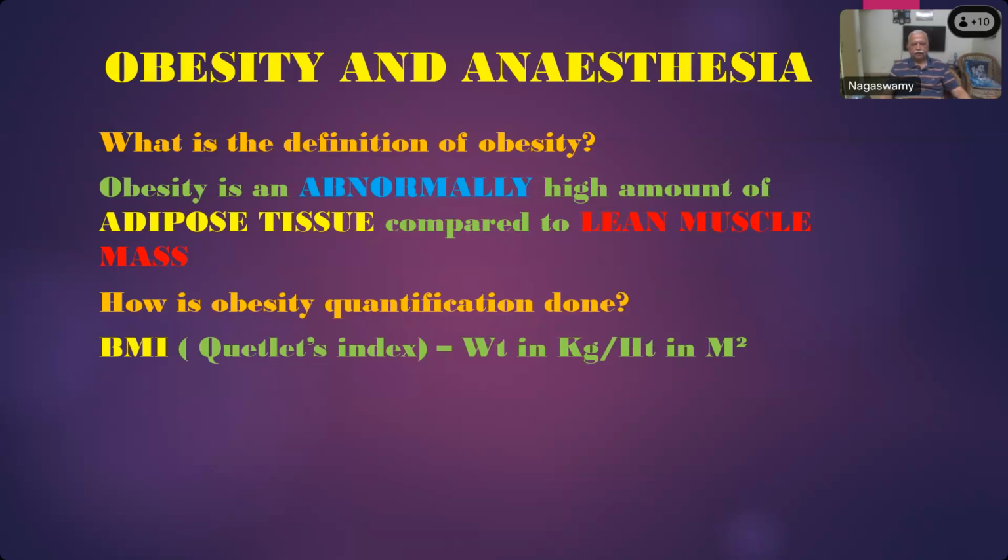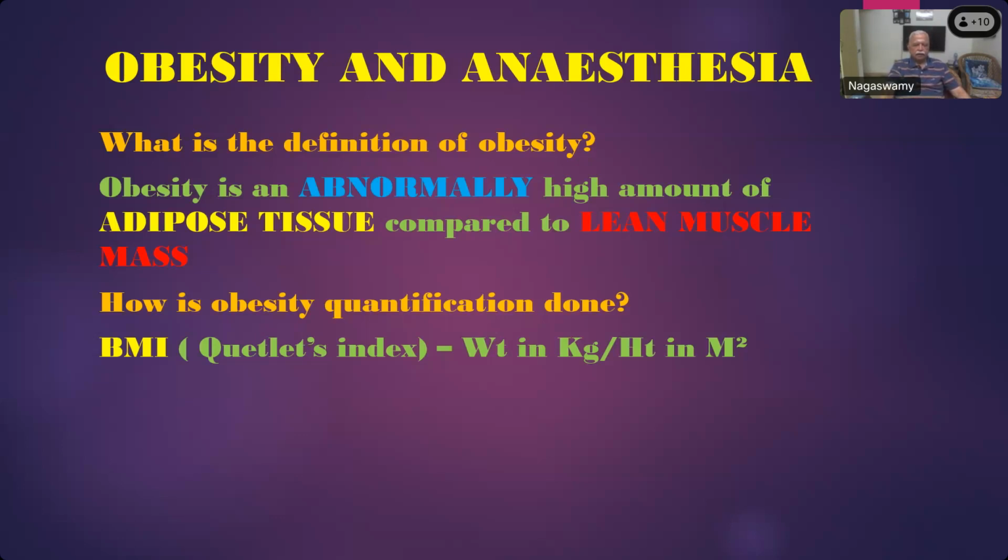Because in Western countries, obesity was very prevalent and people used to die very suddenly. So this man made a calculation based on weight and height, and found out that patients who are overweight or obese for their height all have a risk of cardiovascular disease and dying. So he described this to increase the premium. If the patient has the risk of cardiovascular disease and sudden death, they used to increase the premium. So actually it was for insurance purposes. This index was found out by Alphonse Quetelet.